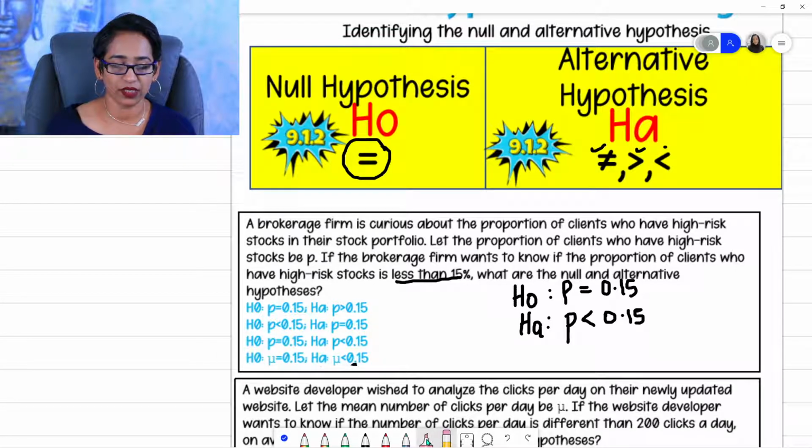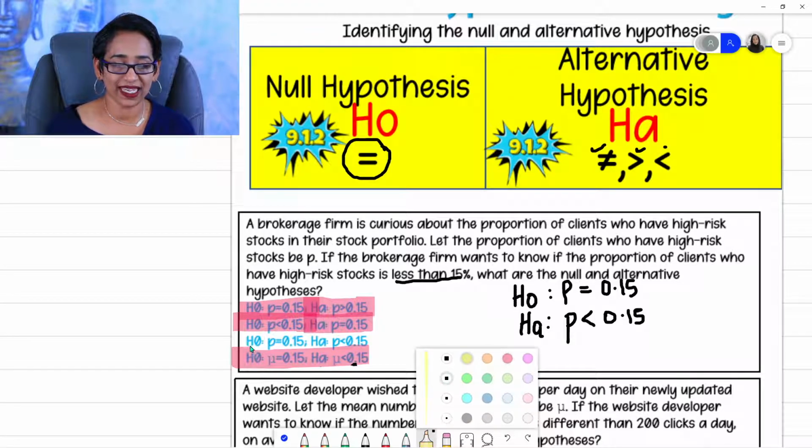I'm going to go ahead and use a highlighter. I'm simply going to cancel this one. And the next one, my alternative is less than. Look at my alternative here. It's equal to, so that cannot be my option. My alternative is less than. Here my alternative is greater than, so that cannot be my option. So the only option that I'm left with is,